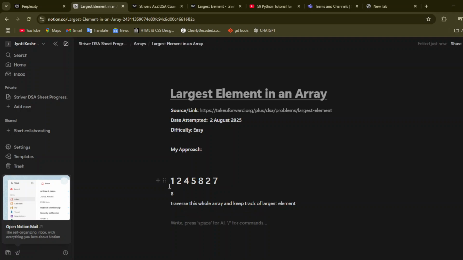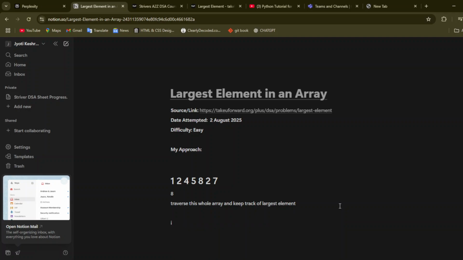Okay guys, I hope you got the point of what I am trying to say. Whenever I iterate, I will keep track of the largest element. How? For example, let's try to run this code.